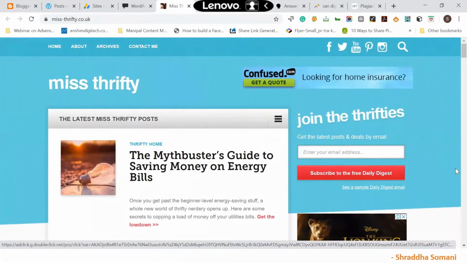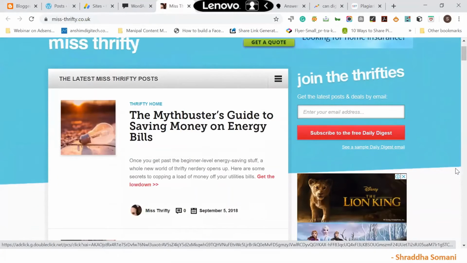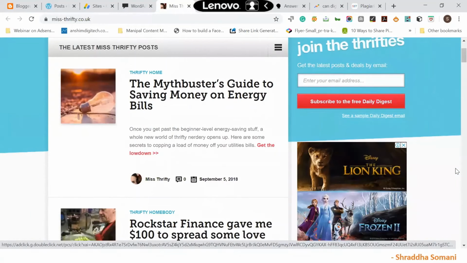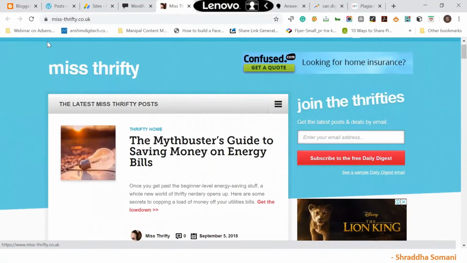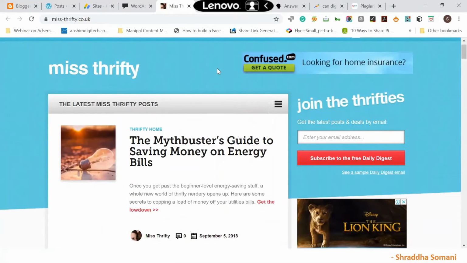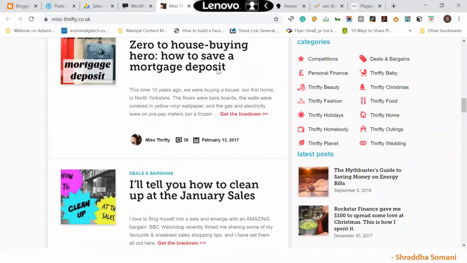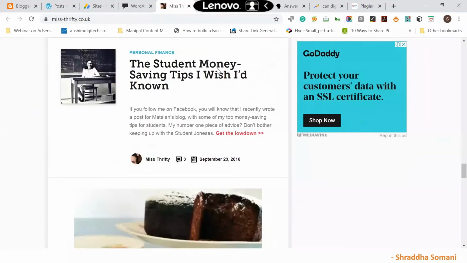They have written a blog. After writing a blog, they have enabled it for AdSense. And then you also have to select an option for where you want to show the ads on your blogging site: on the right hand side, in the header part, in the topmost part, in the bottom footer part, or in between the articles, so you have to decide.